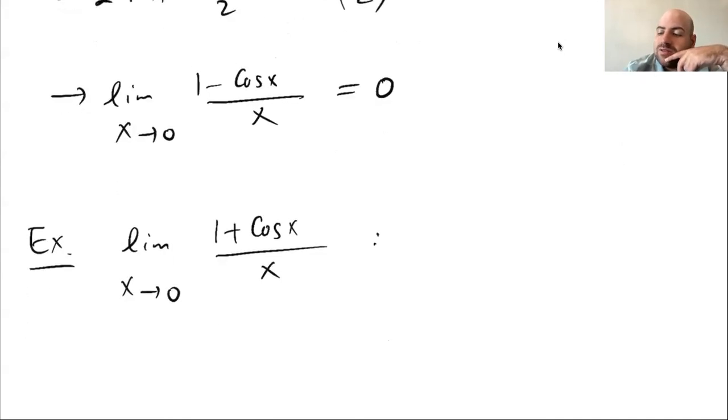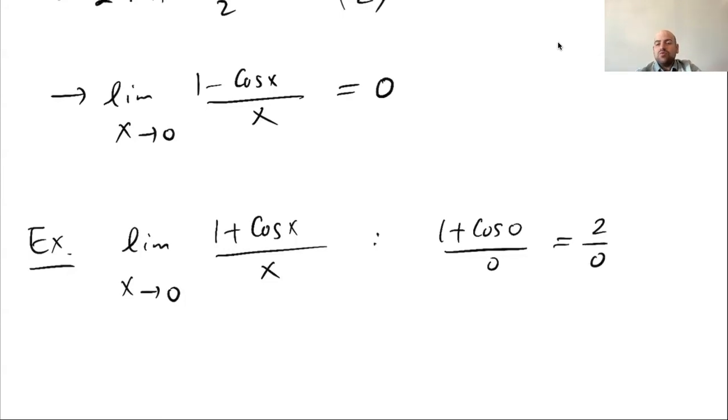But here, when we replace x with 0, what do we get? We get 1 plus cos 0 divided by 0. So this is 2 over 0, which is not indeterminate. This is the important difference with the previous example. All the complications and simplifications arise where you have an indeterminate form, for example 0 over 0, and the answer potentially could be anything. You want to find out what. But if you have 2 over 0, we know the answer. A positive number over 0 plus is plus infinity,